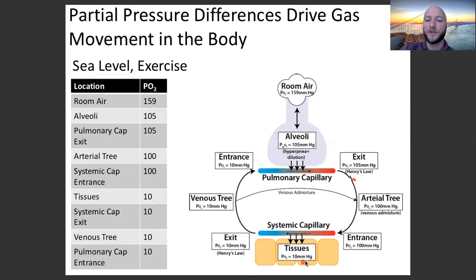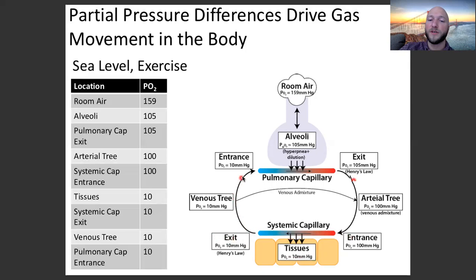Our tissues during exercise, the partial pressure of O2 might get all the way down to 10 millimeters of mercury. So we're going to have flow of oxygen from the systemic capillaries into those tissues. When the blood leaves the systemic capillaries, the partial pressure of O2 might be as low as 10